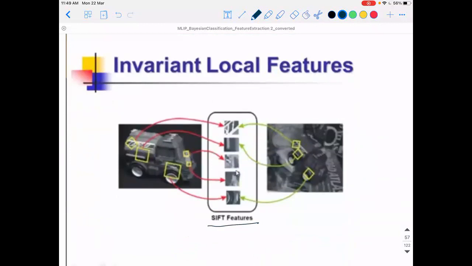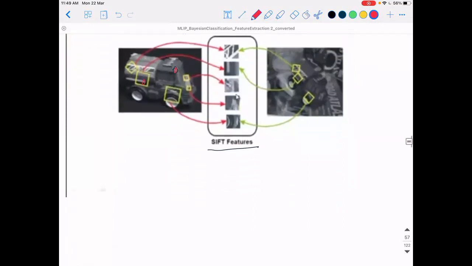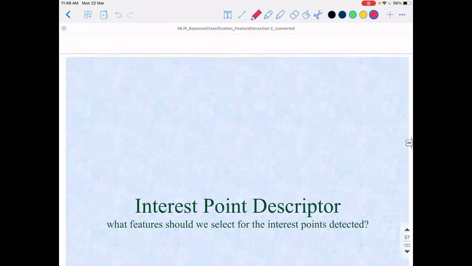In the next class, we will follow up on this. We will not discuss the feature point extraction method of the scale invariant feature transform, but it has an elegant method for a given key point. If I say that this is a key point, what features to find out at this point? That question we will answer in the next class. Given a key point, where to look is given. What to look for in that region, that we will discuss in the next class.